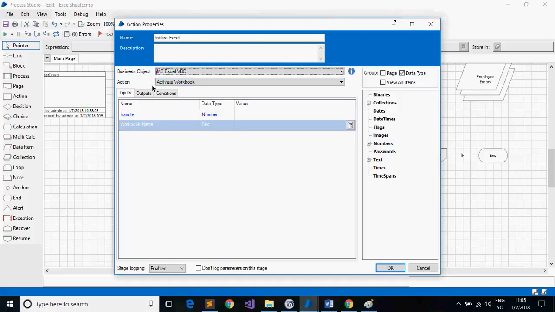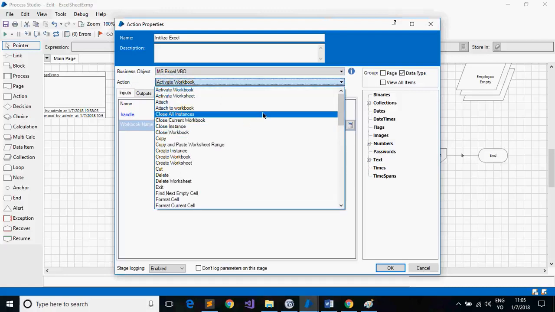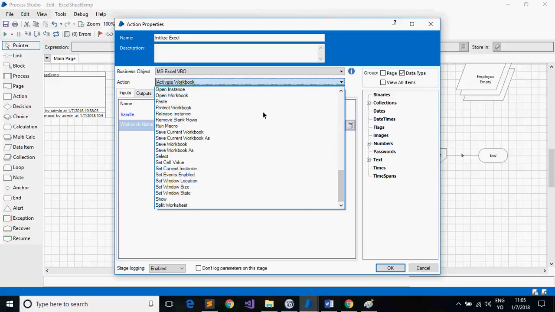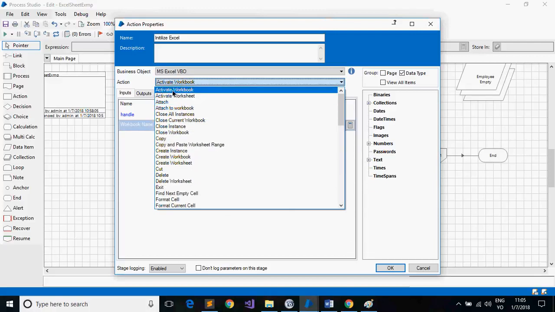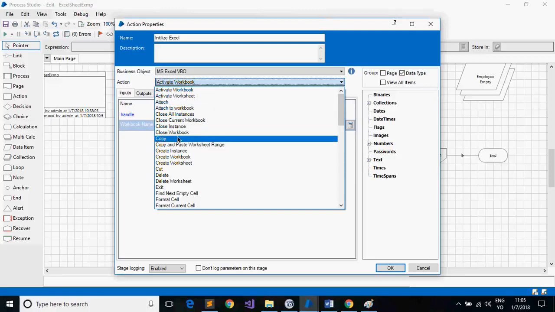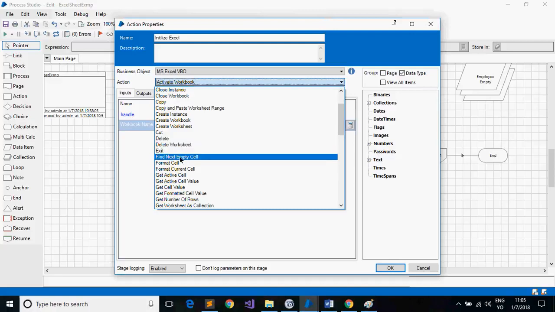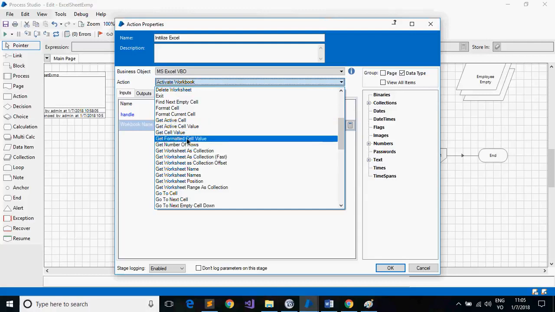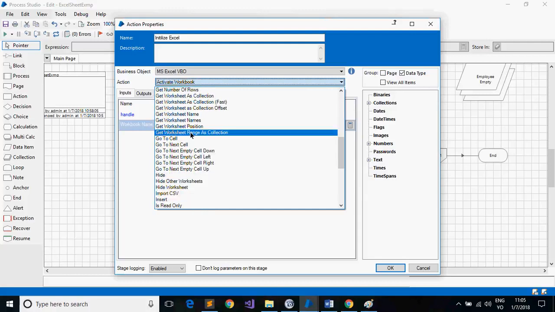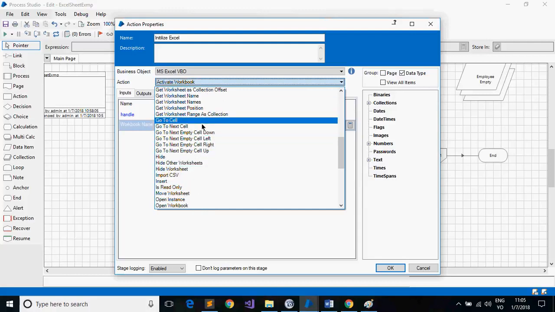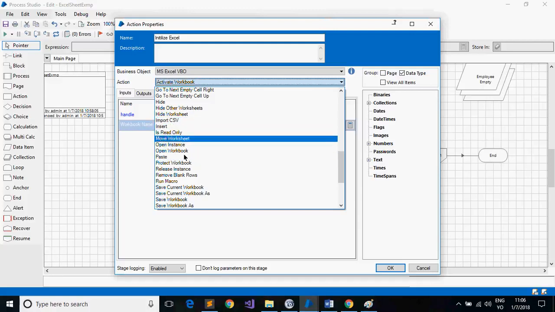Once you select it, there are a lot of actions that you can perform for an Excel sheet. Activate workbook, attach something, close workbook, copy data, then create worksheet, cut, delete, exit, find next empty cell, format cell. You can format cell, get cell value, and there are a lot of actions that you can do to